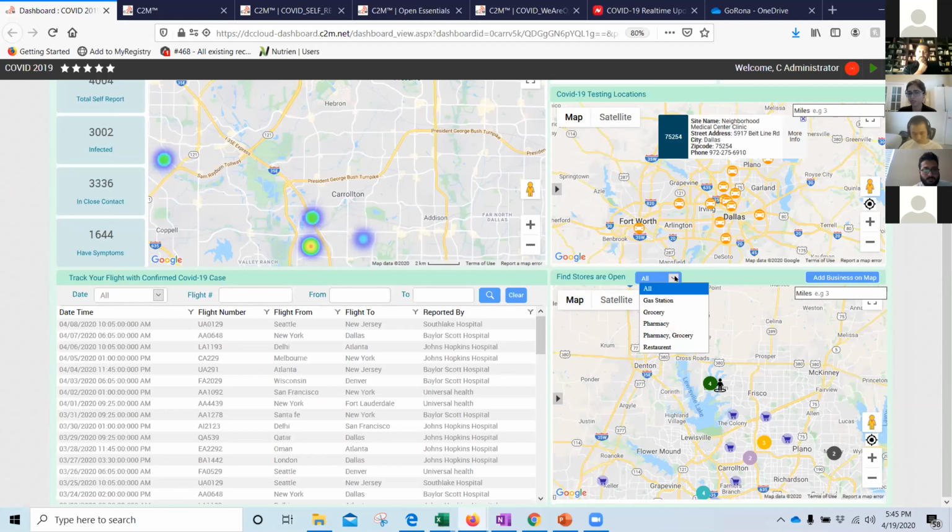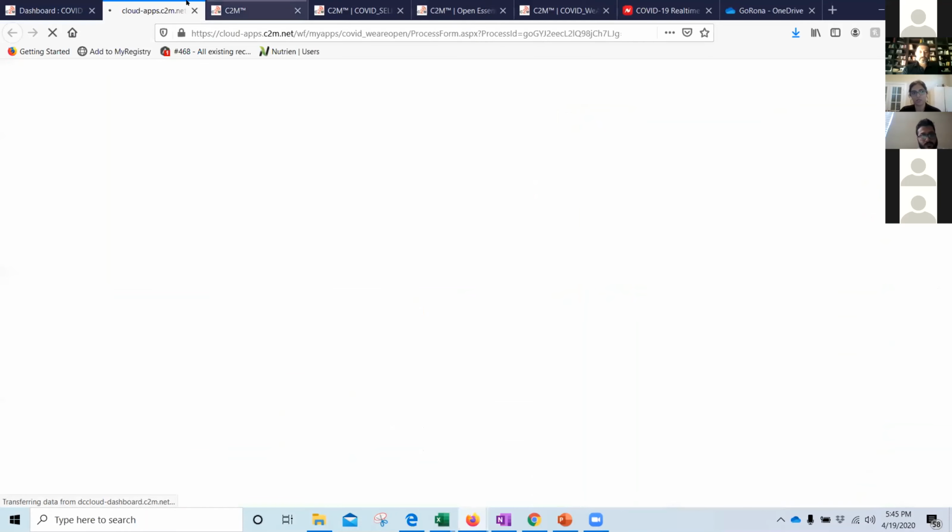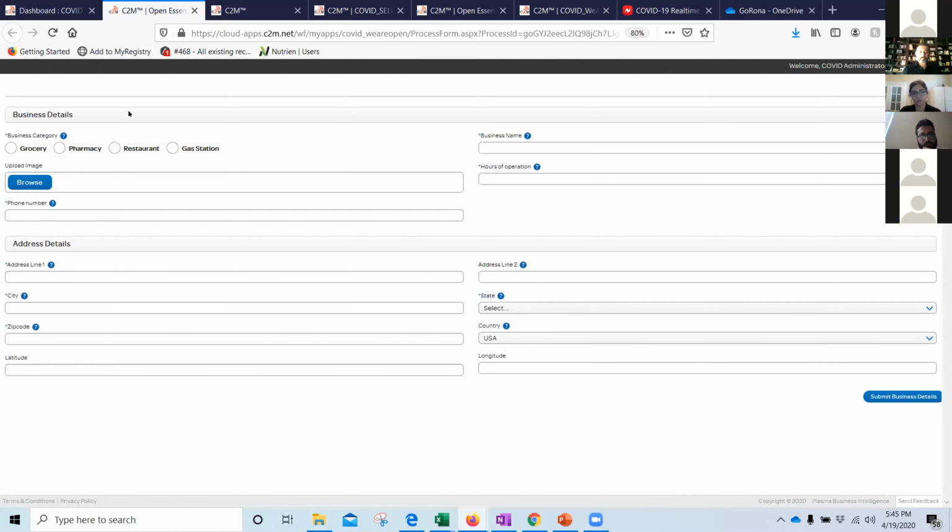It has several categories. Could be grocery stores, pharmacy, gas stations, restaurants, which is a lot of common businesses that we need to, as consumers, go visit on a day-to-day basis. It also allows small business owners to add their business on our platform. So they can use this form and fill out their name, their hours of operation,